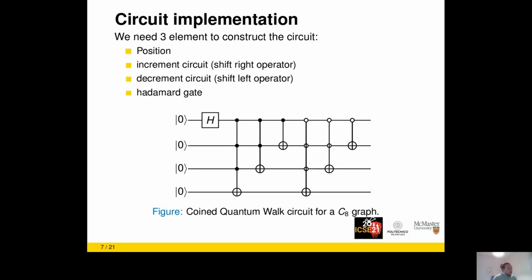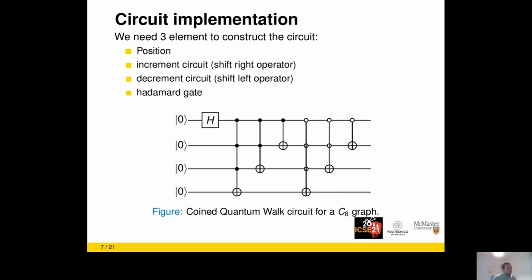This is our final circuit. We can identify the 3 qubits at the end that are our position. The first qubit is the coin. Then we have our coin, that is this Hadamard gate, and 2 sub-circuits here that are called increment and decrement circuit. Together they